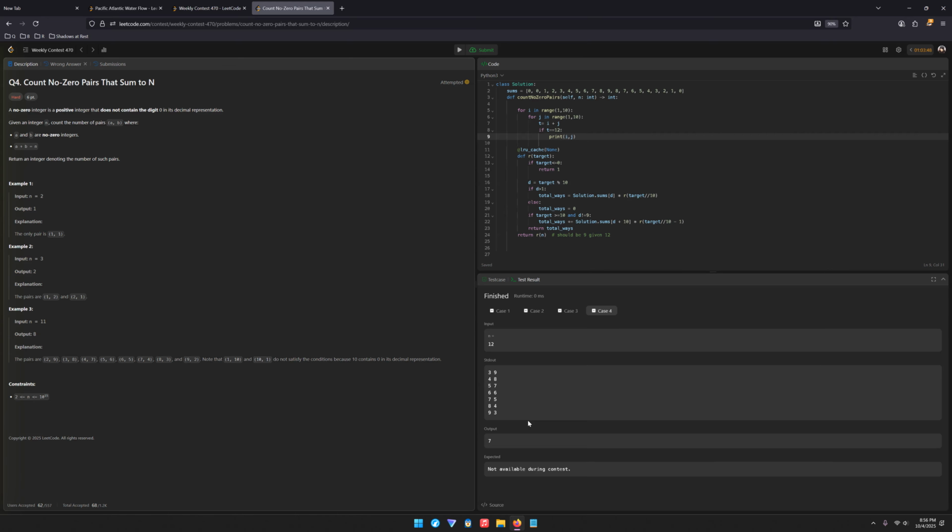No, you can't have 10. Wait a minute. Yes, these are the one-digit ones. That is correct. But you could also add 1 plus 11 and 11 plus 1, right? And those are our extra 2. So we have to figure out